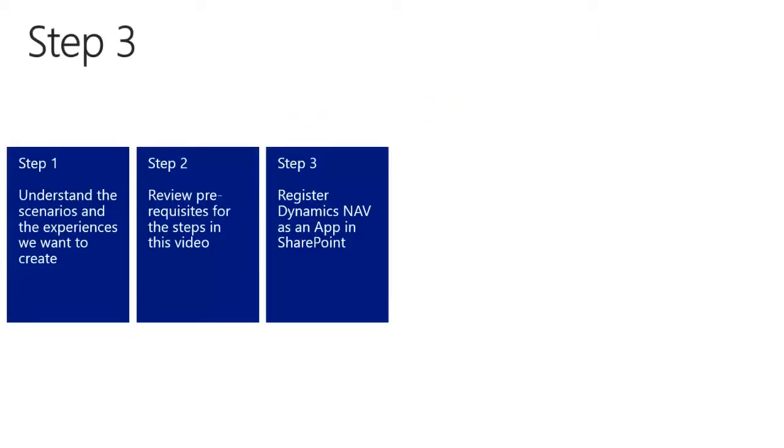In step 3, we will prepare SharePoint for our app. Our goal is to install an app on SharePoint, and there are different ways to do this. One way is to publish the app on the SharePoint Marketplace. This will make the app public and let everyone install it, even people outside our organization. We will not cover this approach. Another way is to do a private installation, where we upload the app directly to SharePoint's app catalog. This is what we will do now. First, we need to register NAV in our SharePoint site. We do that by going to a special page in SharePoint.